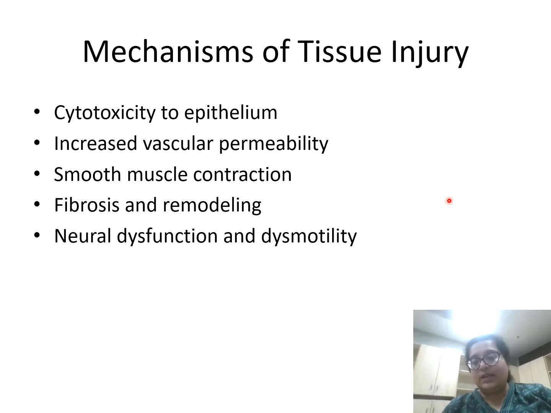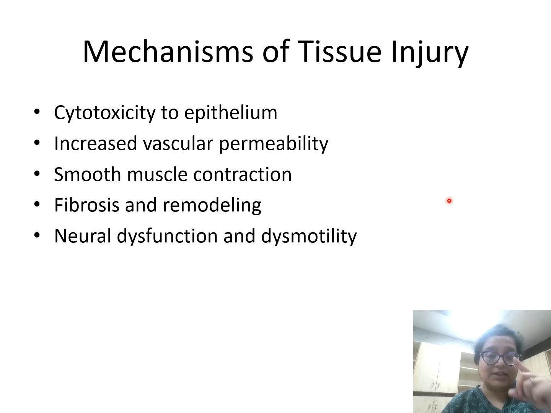Whenever the eosinophil goes to a particular site, just like a neutrophil, just like any other inflammatory cell, it will cause tissue damage. There will be increased vascular permeability and edema because of the chemicals I have just named being released by the eosinophils on degranulation. There will be smooth muscle contraction. You should know that the bowel has smooth muscle for motility. Of course, if it is a long-standing insult and injury, it will heal with fibrosis and remodeling, but leave behind some form of dysmotility or neuronal dysfunction because of this fibrosis and remodeling.